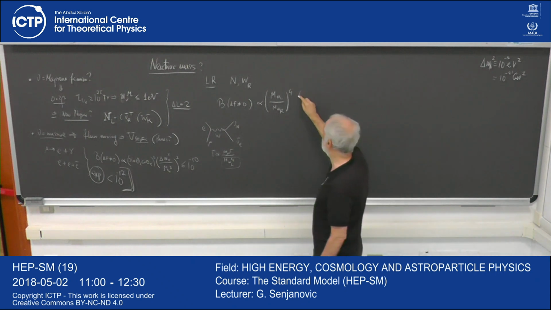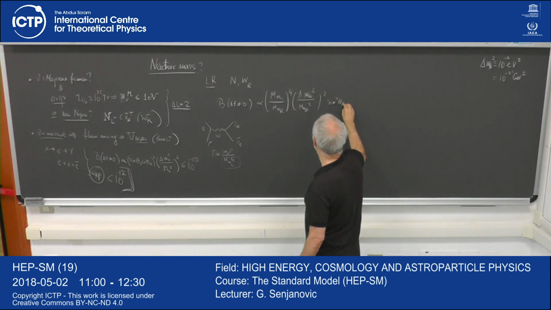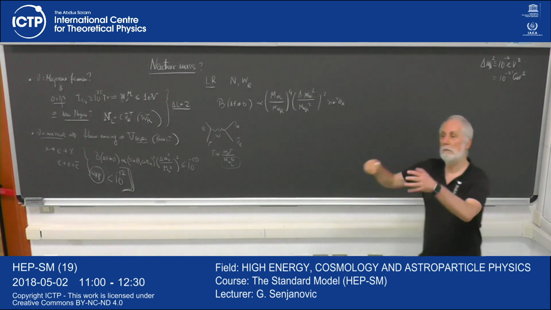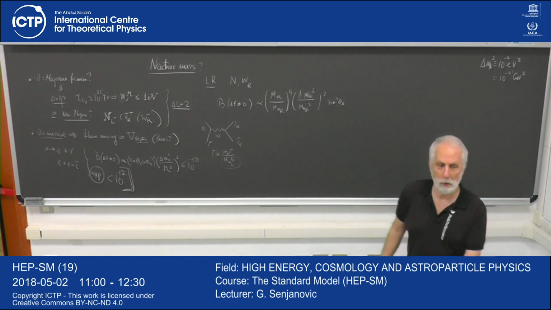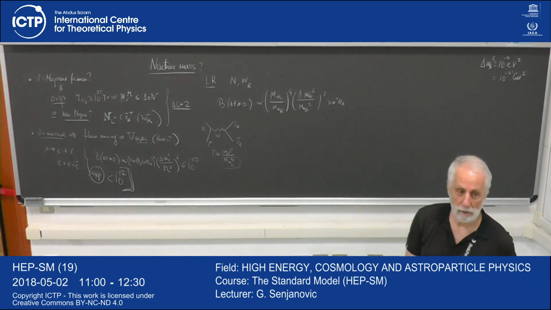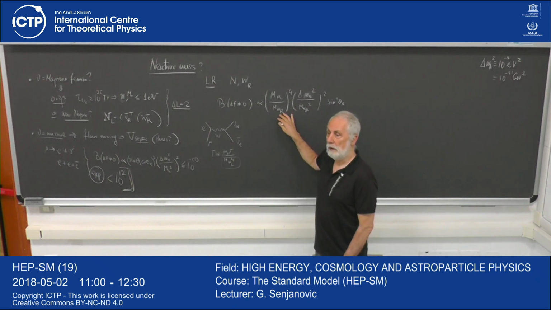And then by the use of the GIM mechanism, you will get delta m squared, or maybe we should write m_N squared over M_WR squared, and then sine squared theta right-handed. There'll be an analog of the left-handed mixing, a right-handed mixing angle, right? We are not going to compute that, but notice that this could be large. This is sensitive to the physics in the collider regime, in the TeV.